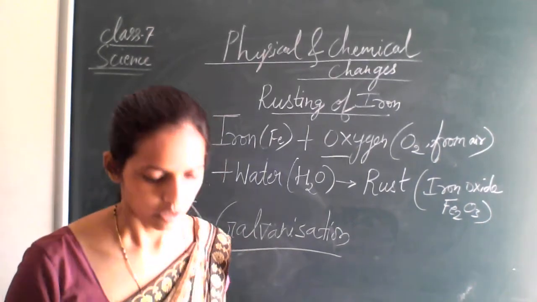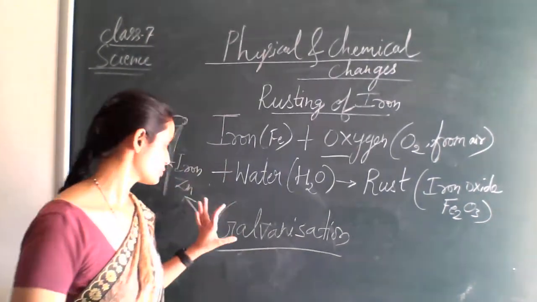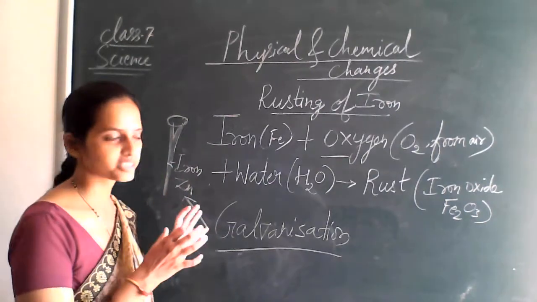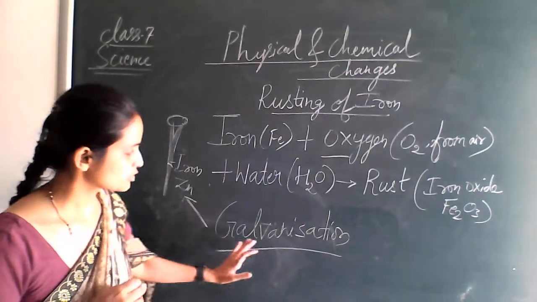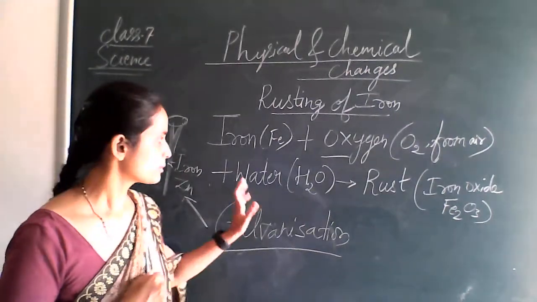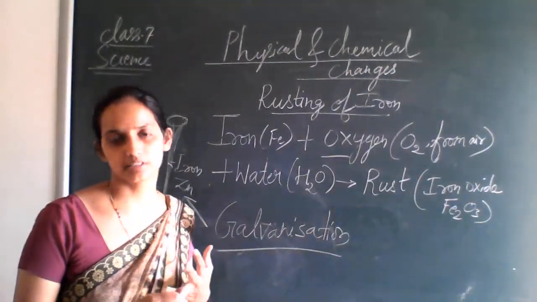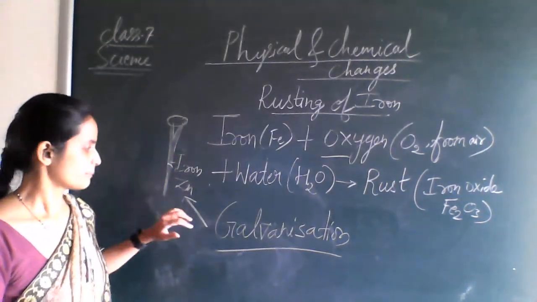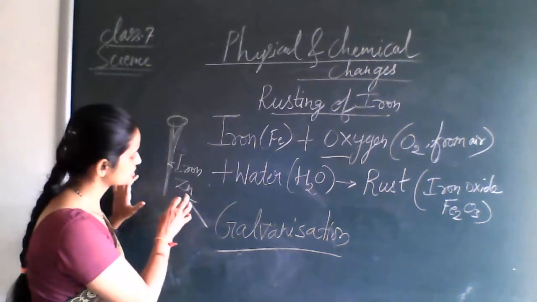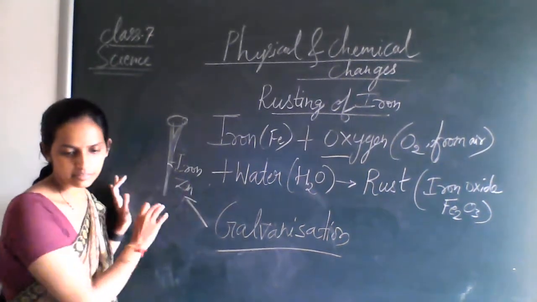get rust. Okay, so first part is, when we are putting the coating of zinc or depositing zinc on the surface of iron, that process is called galvanization. But generally we apply paint or grease to protect the iron surfaces or the iron material. In galvanization, we are using zinc on the surface of the iron.